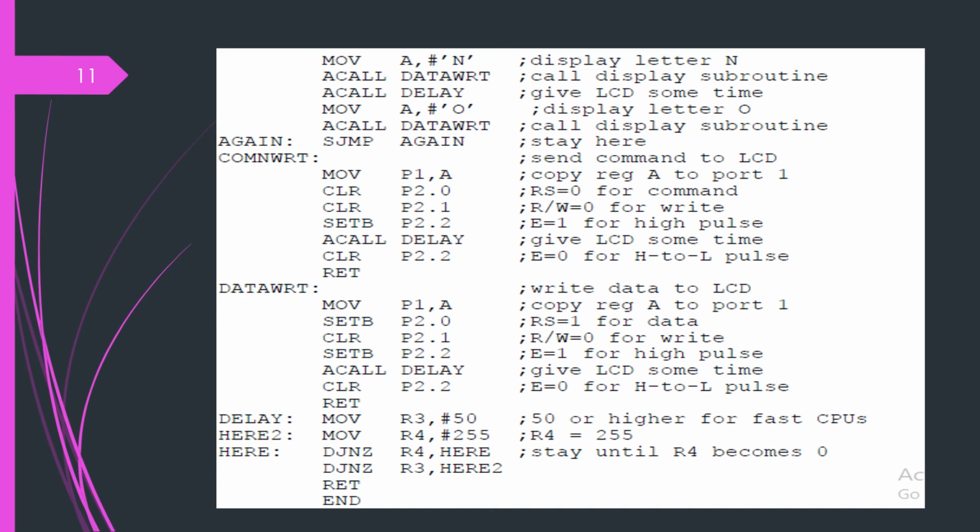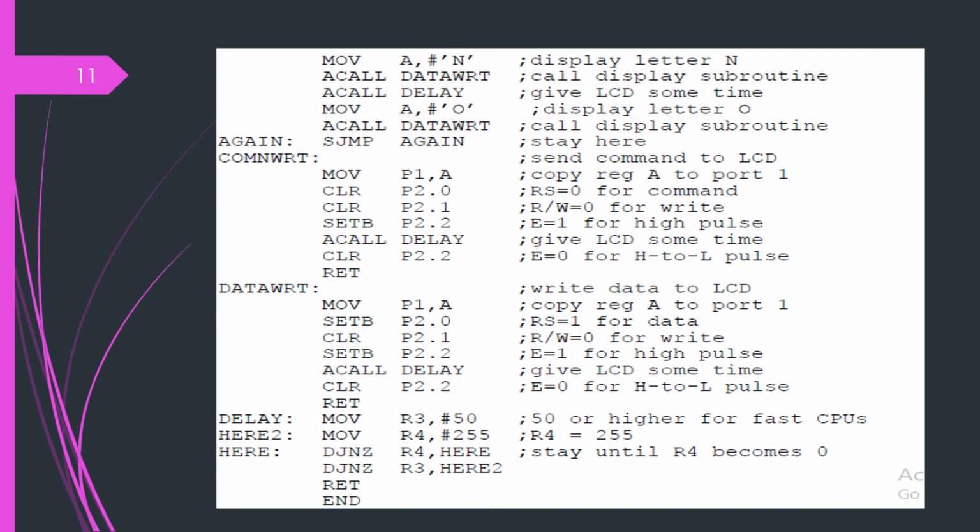Then 255 is one more counter, R4, and until it becomes 0: MOV R3, #50, then MOV R4, #255, DJNZ R4, here, and DJNZ R3, here too. So these are the 2 loops.